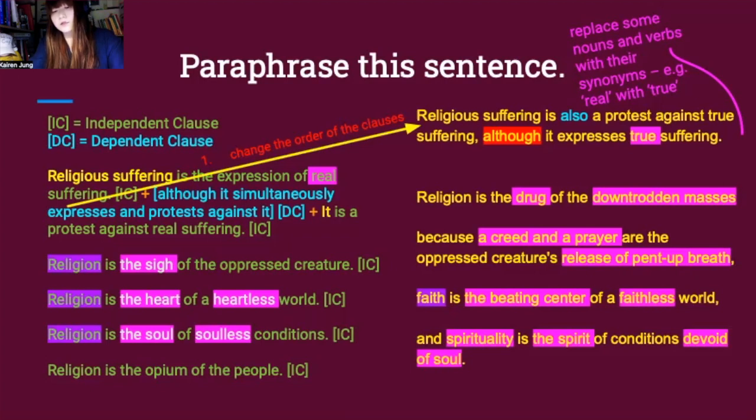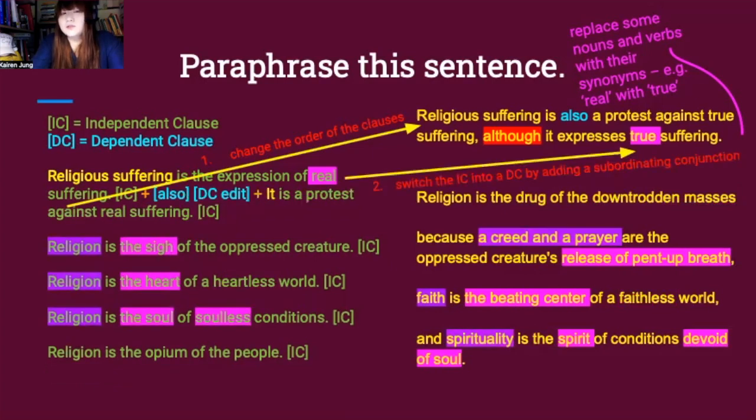Heart has been turned into the beating center. Heartless into faithless, because if A equals B and B equals C, then C equals A. And finally, spirit and soul have been used interchangeably. The suffix less in soulless has been opened up into the full value of its meaning by being replaced with devoid of soul. You may have noticed that we changed an independent clause into a dependent clause here by making